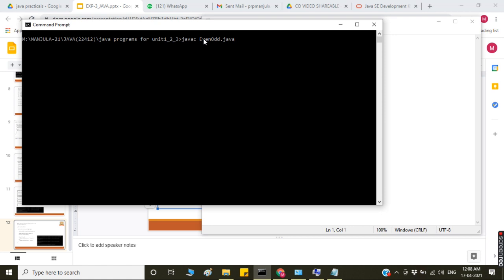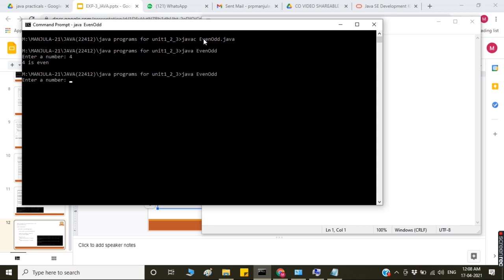dot java and press enter key. And how to run this? java even odd, pressing the enter key, enter the number. I am entering 4, it is even. Next, compiling again, entering the number 9, it is odd.